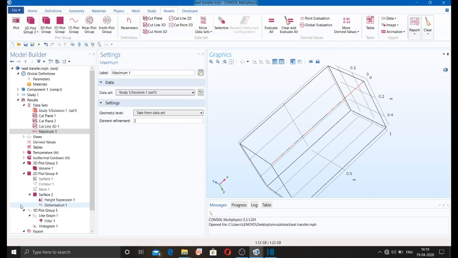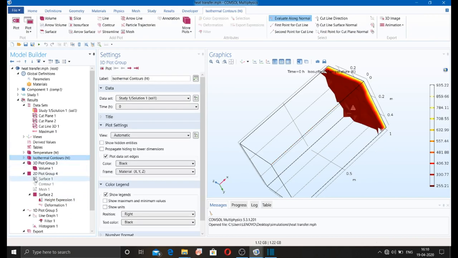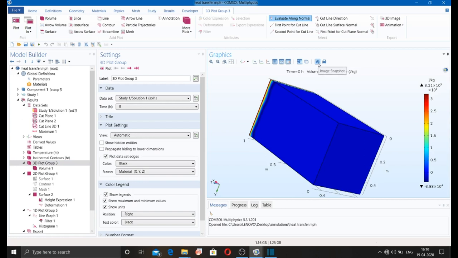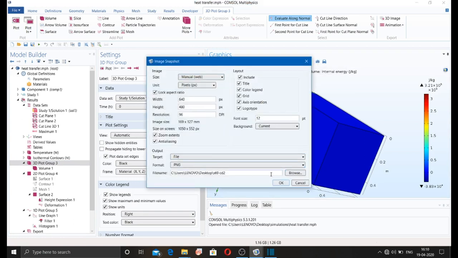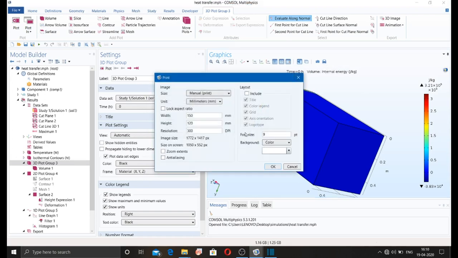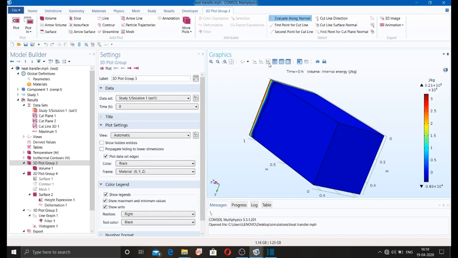And if you want to export the image, just select image snapshot, and by doing so you can give the path of your file and file name and just click on OK. So you will get this particular image. If you want to print it, you can print it by doing the same.